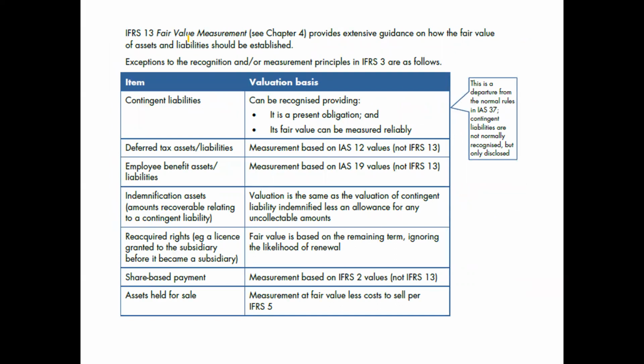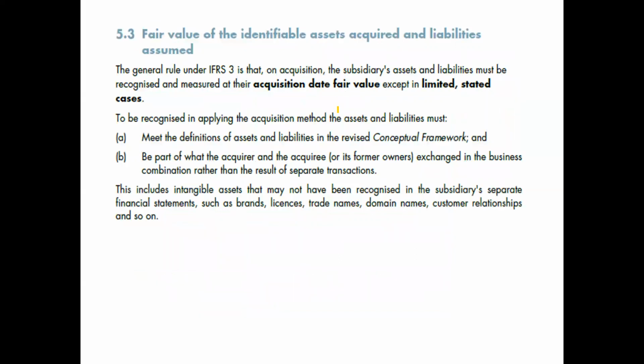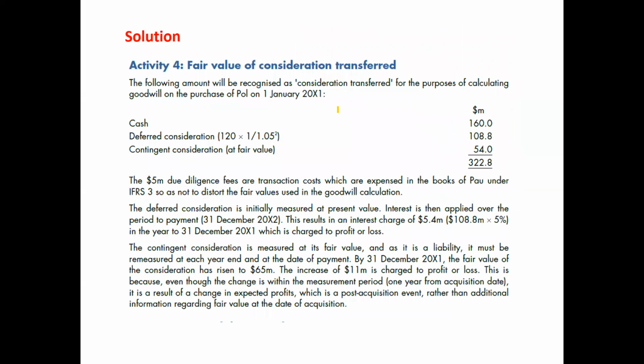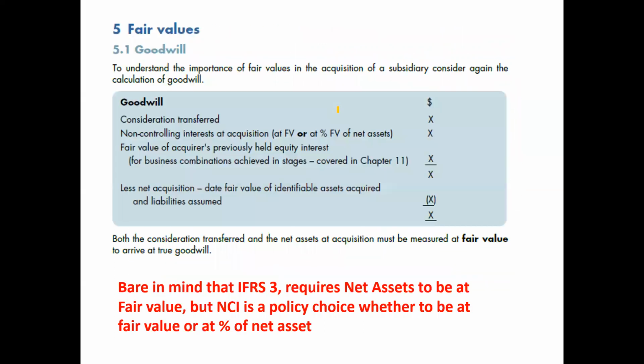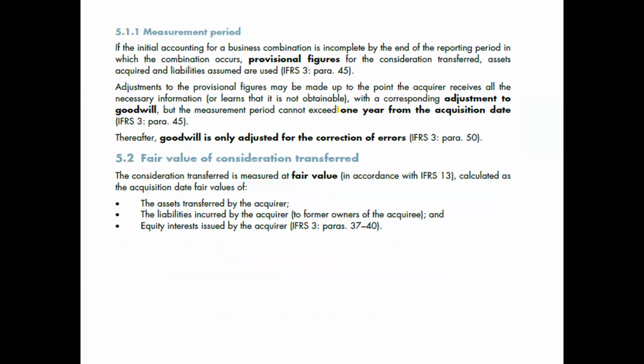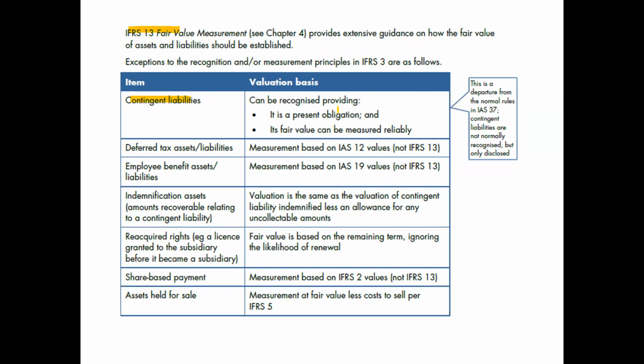So you will see that they give me a bit of background here for IFRS 13. What do I need to recognize initially? So information about contingent liabilities and other things. Make sure you understand this, and this is also applicable for subsidiaries. So make the link with IFRS 13 to subsidiaries, the fair values that I need to recognize initially at acquisition date, which wasn't mentioned. So please make sure that you see that this first part of fair values for goodwill, etc., is applicable now for subsidiaries. Okay, and then